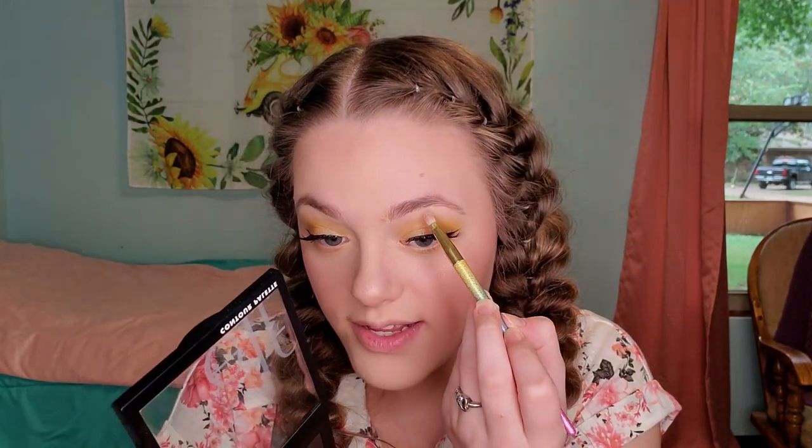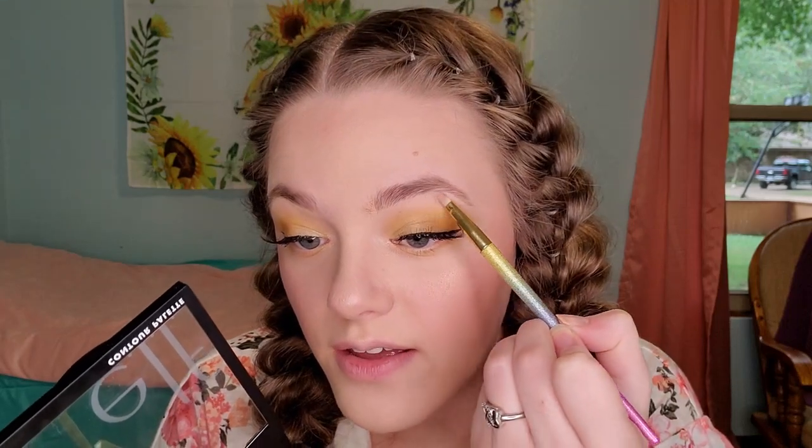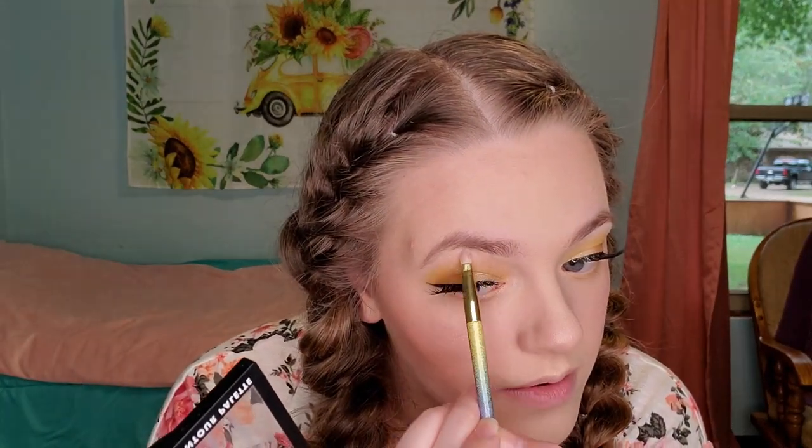Forgot to do my under eyebrow highlight, so I'm going to take that contour palette again and try this white shade. It's got kind of a shimmer to it, so I think it'll work really well for under my eyebrow. It's a very bright white. I really like that. It's very bright, but it's also subtle at the same time. It's not picking up on camera as bright as it is in person, but...